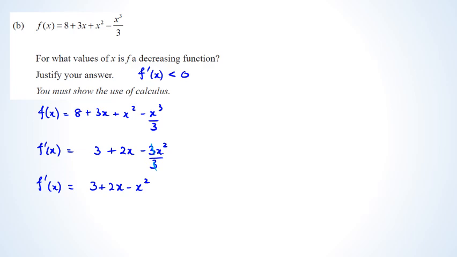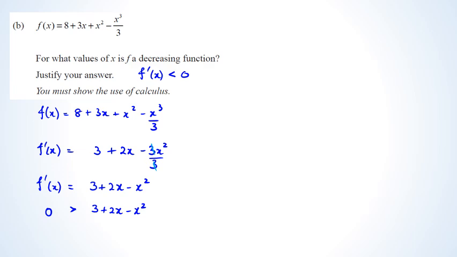So from this point there's actually quite a few ways you can do this. If you'd been watching my level 1 videos, this is what we're looking for: 0 has to be less than 3 plus 2x minus x squared. Now you can sketch this as a graph, and that's what I like to do, sketch it as a graph, find the x-intercepts, and then find out for which zone the values are going to be negative. So the first thing I'm going to do is solve this,